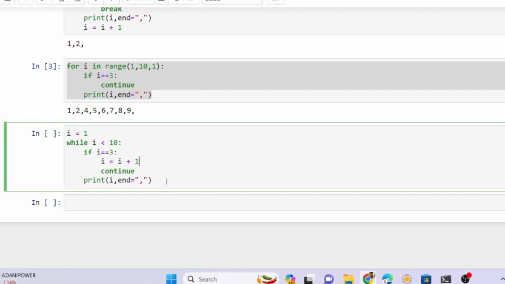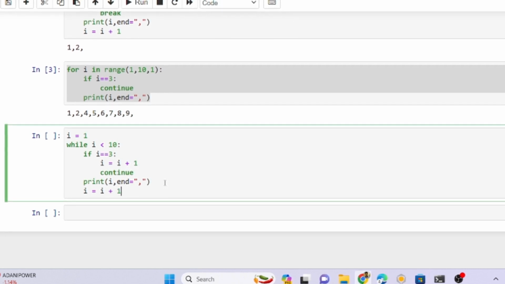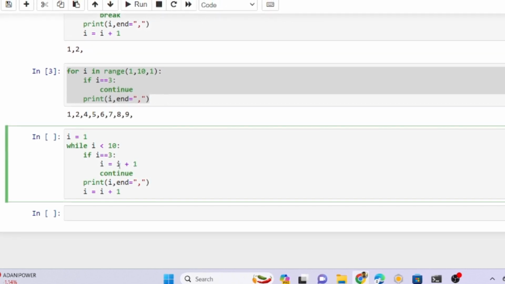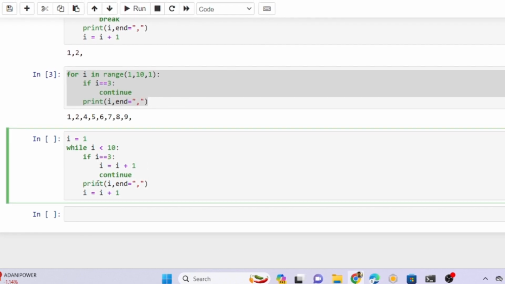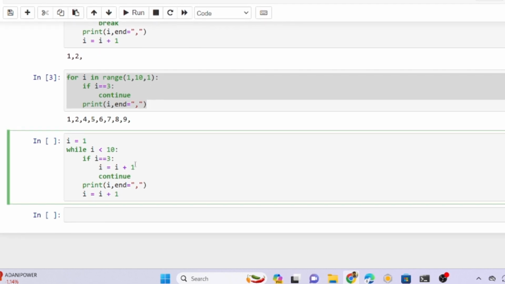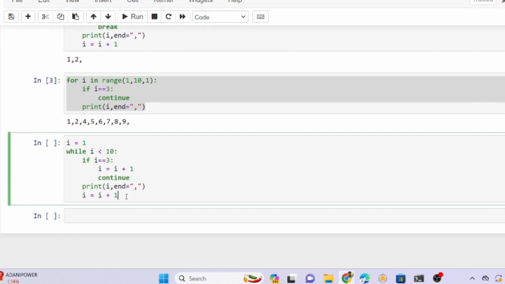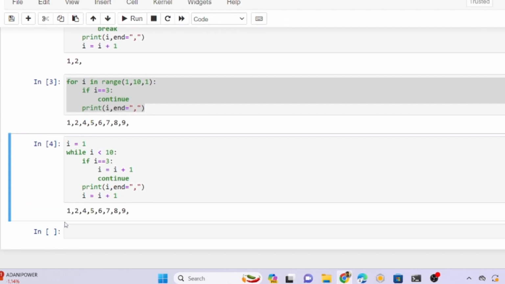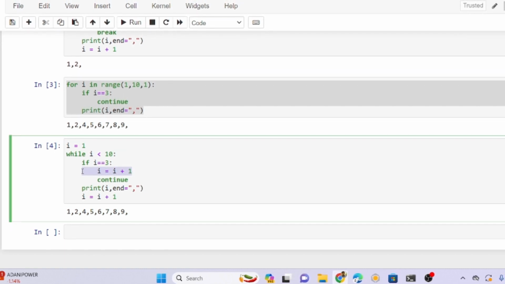So we need to write here i is equal to i plus 1. If you didn't write it, when i is equal to 3 and continue, it would always stay at 3. When i is equal to 3, increment and continue, because it will not come over here. See, 1, 2, 3 skipped, 4, 5, 6. This extra line is the caution.